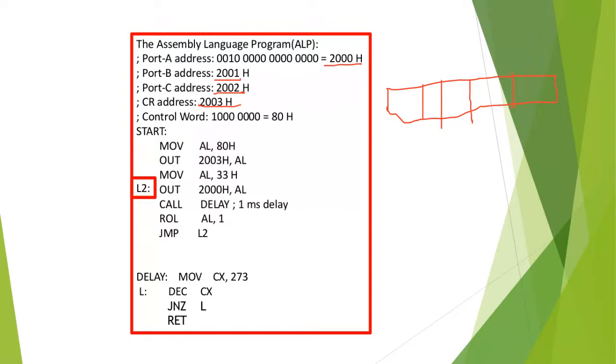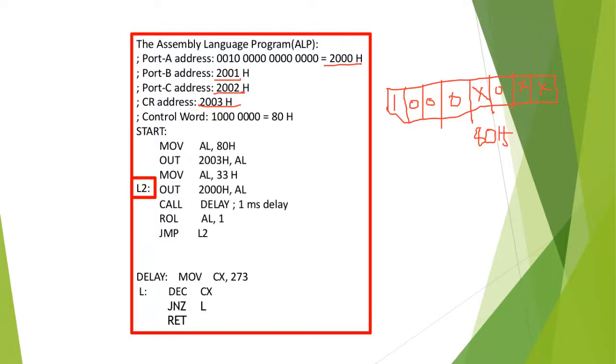So what will be the control word? Now this one is for port C lower, it is unused. This is for port B, it is also unused, and this is mode 0. And then port C upper is unused, and port A is the output port because it is connected to the stepper motor, and then these two are for mode 00, and this is 1. So if don't care cases are 0, it will be 80H, or if don't care cases are 1, then it will be